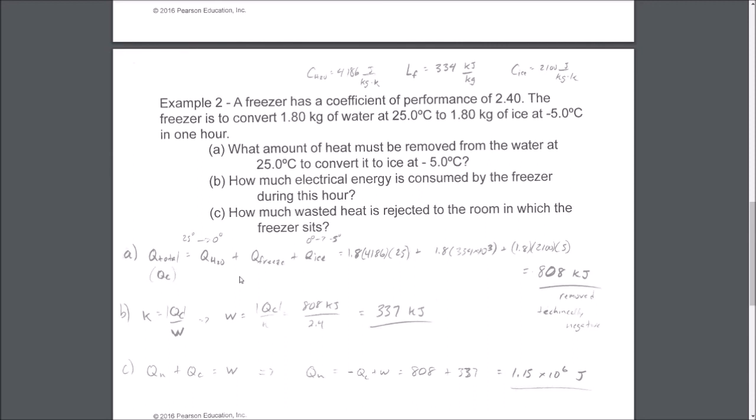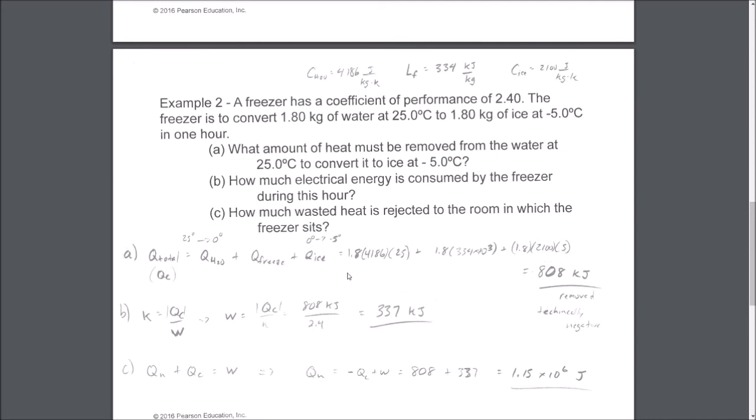So I have my values for specific heat for water up here, 4186. For ice, I use the 2100. You'll see this one's a little bit lower. I think your textbook has 2060, but I'm sticking with this one here. And then of course, 334 kilojoules per kilogram is for the latent heat. So everything has the mass in it, specific heat times the temperature difference. This is just the latent heat here, and this is specific heat times temperature difference.